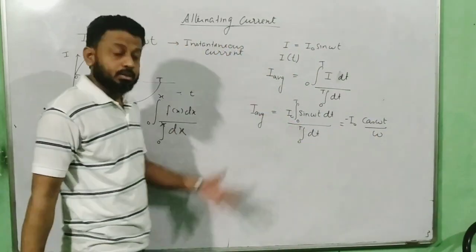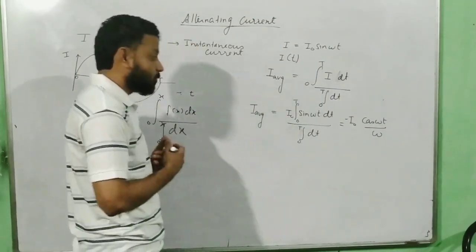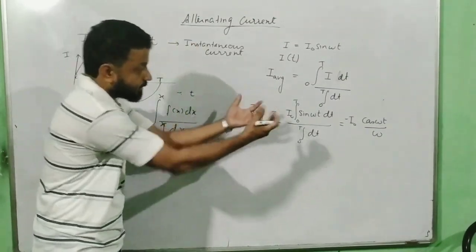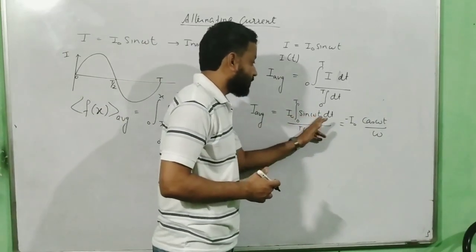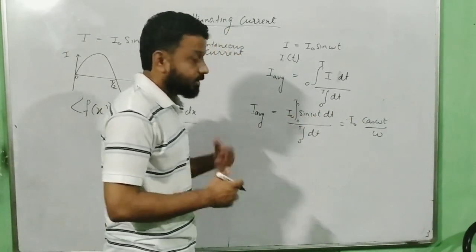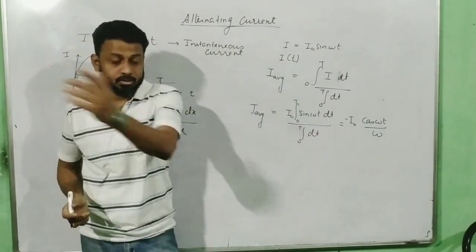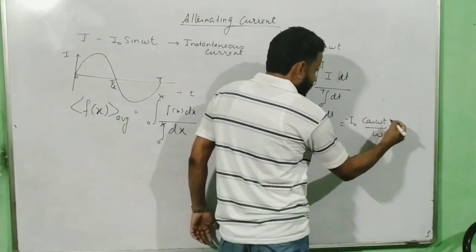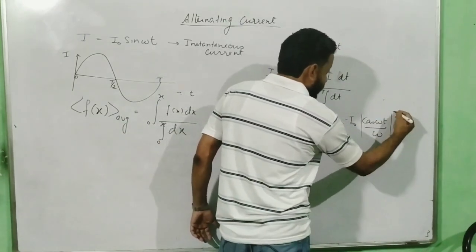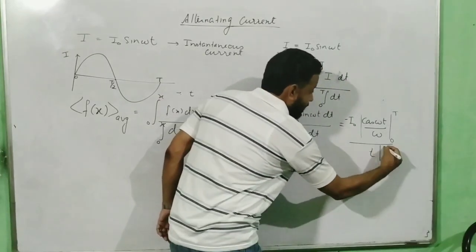This is the formula which we follow. Those who have maths know that this is correct. For those studying science without maths, this is the best way you can remember the formula: the coefficient of t will come in the denominator, just the opposite of what we do in differentiation, where the coefficient of time comes in the numerator. And then you have to put the boundary, from 0 to T, divided by the integral of dt, which is T, from 0 to T.